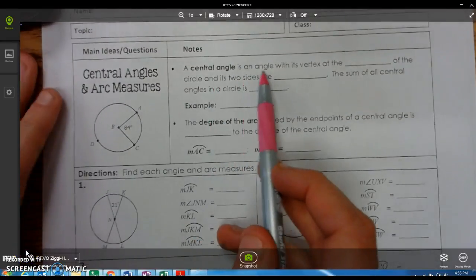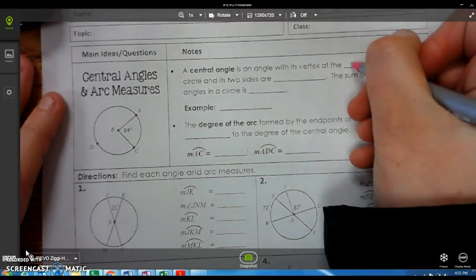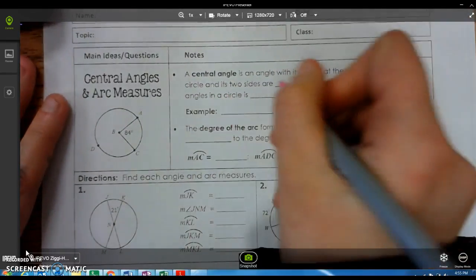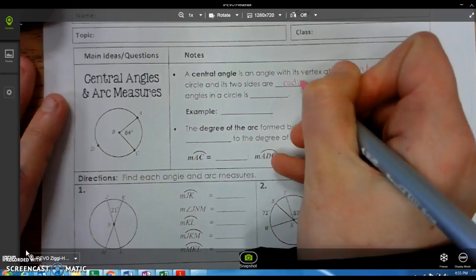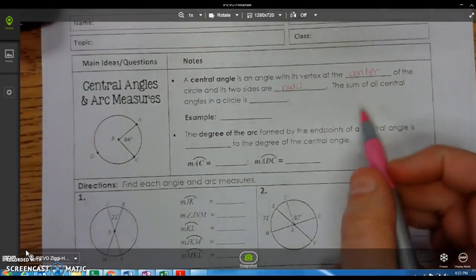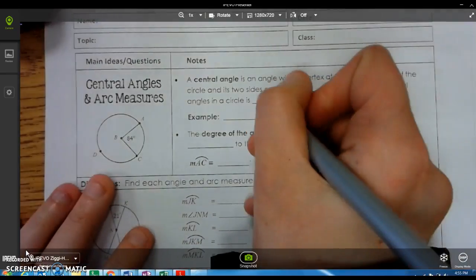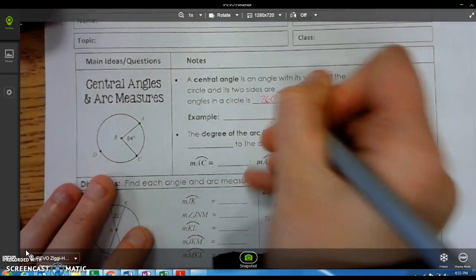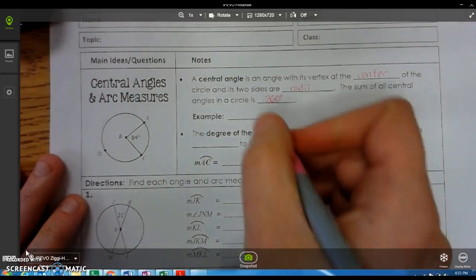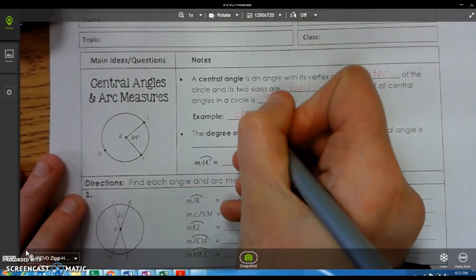A central angle is an angle with a vertex at the center of the circle, and its two sides are radii. If you remember, radii is plural for radius. The sum of all central angles in a circle is going to be 360, because that's how many degrees are in a circle. And the example here is going to be that the angle ABC